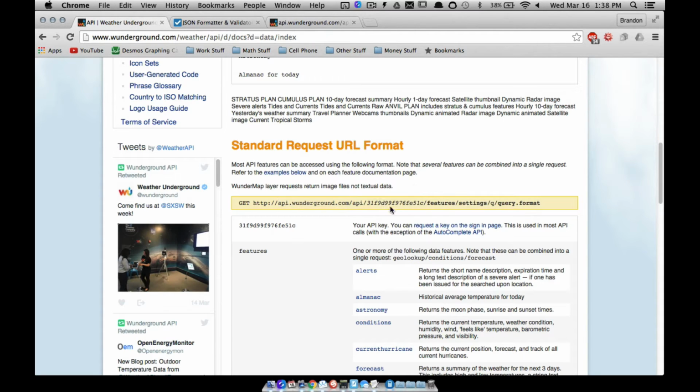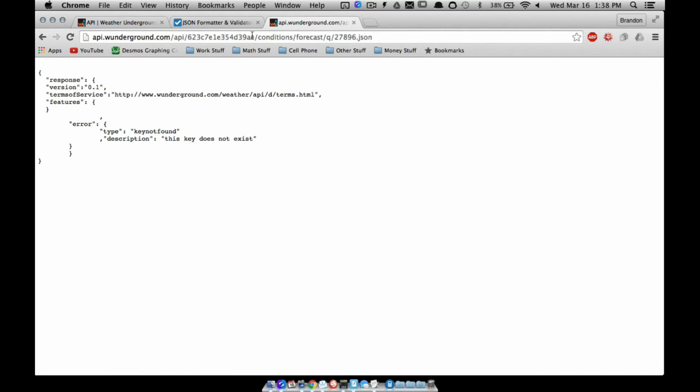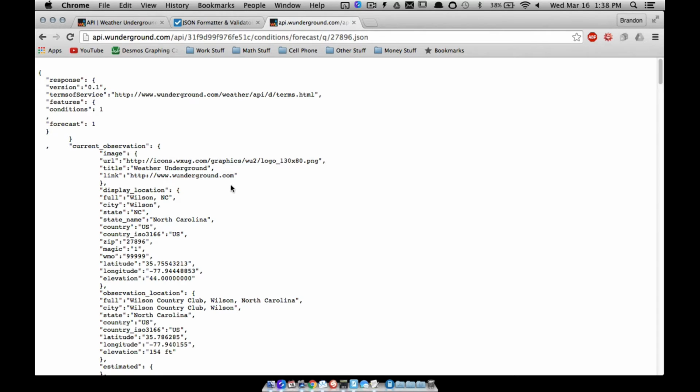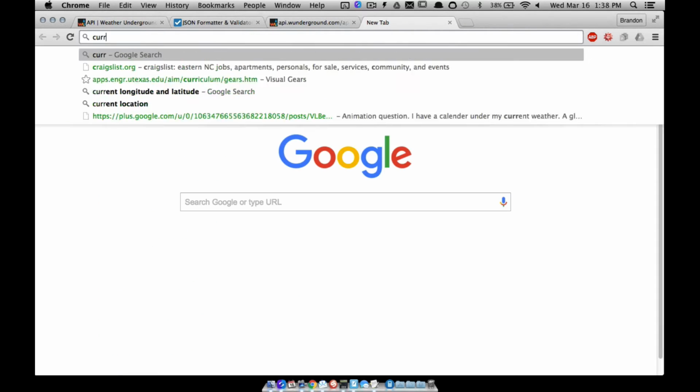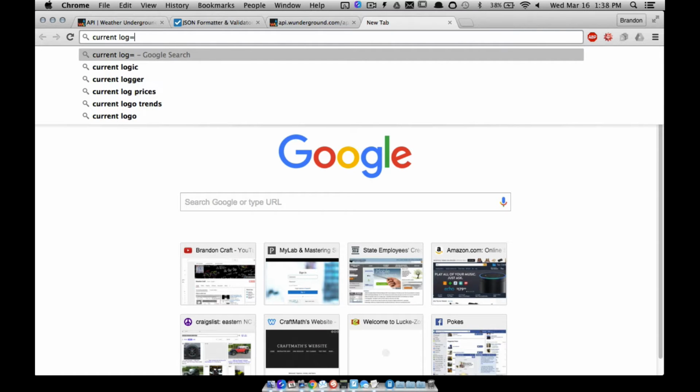So let me copy my new key over and pop that into here. Now this JSON file is going to be based on, and it's still pulling Wilson Country Club. But I want this stuff to match up, so I need to get my longitude and latitude real quick. So let me come over here and type in current longitude and latitude,